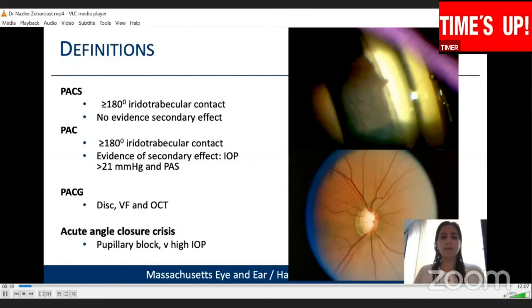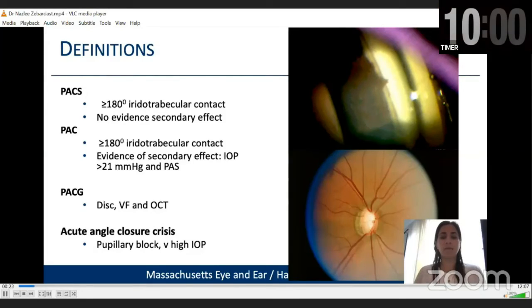Before we start discussing this disease, it's important to review standardized definitions of angle closure stages so that we're all on the same page. Stages of angle closure are most commonly defined based on the ISGEO classification guidelines, where primary angle closure suspects are individuals with more than 2 quadrants of iridotrabecular contact, but with no evidence of secondary effect of the disease.